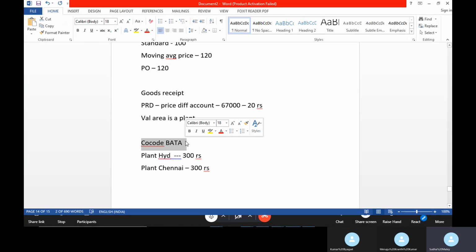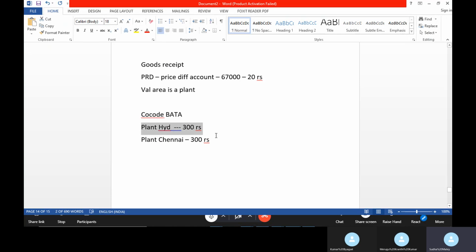That is why many global clients, who have plants in different locations and even different countries, cannot maintain the same price for two valuation areas. That is why you maintain the valuation area as a plant only. You can maintain a company code, but that is based on your business requirement. Mostly we maintain the valuation area as a plant only.